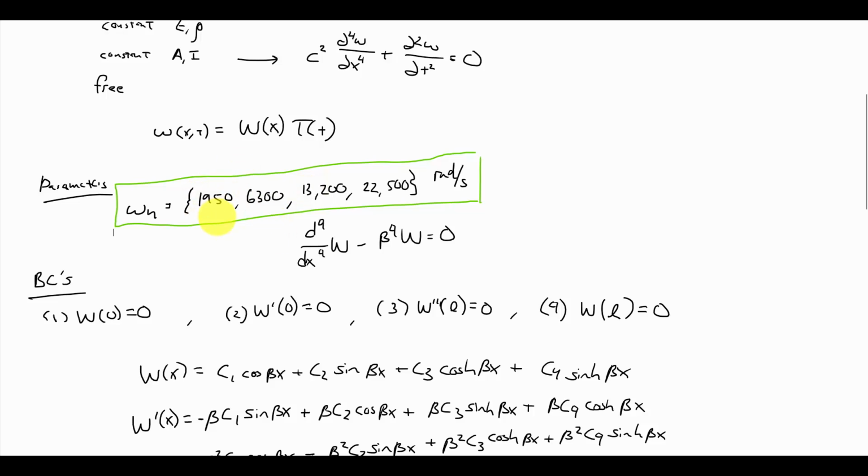So our lowest natural frequency we found was 1950 radians per second, and then the second was 6300. These were rounded a little bit because beta was a little bit of an estimate since we found it using F0. I have more precise values in the code, though. But we're comparing what we got from the FEA to the 1950 for the first omega, and about 6300 for the second omega.